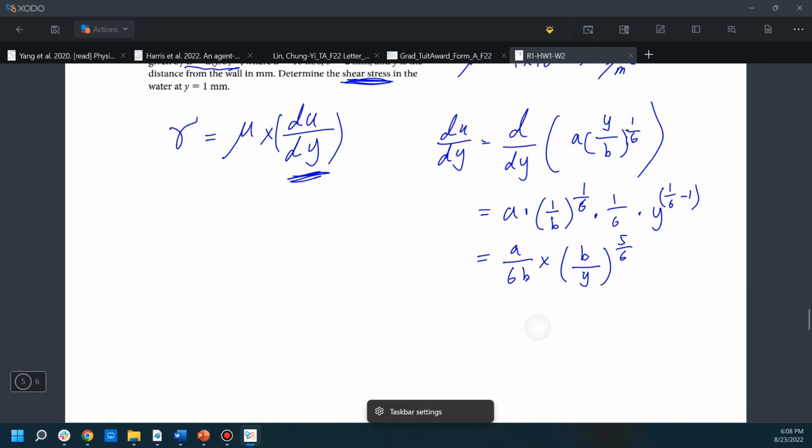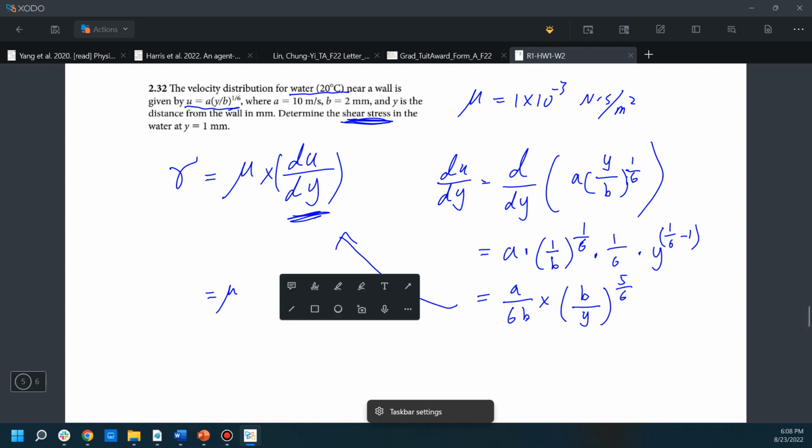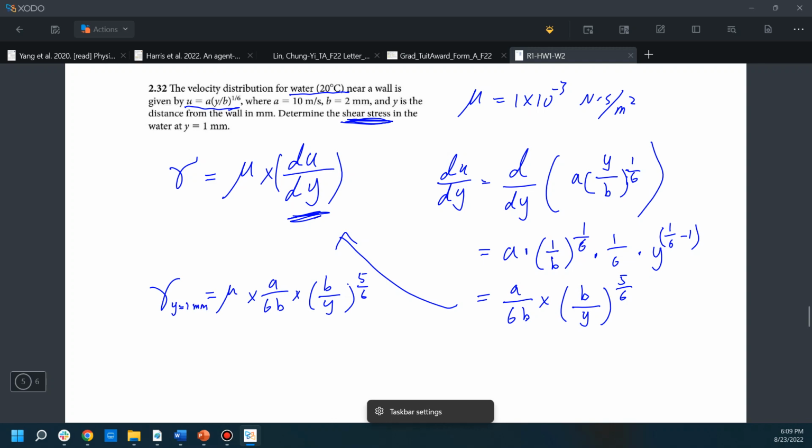So we can plug this equation into here. So we have the shear stress equal to mu times a over 6b times b divided by y to the power of 5/6. And because we want to find the shear stress at y equal to 1 millimeter,